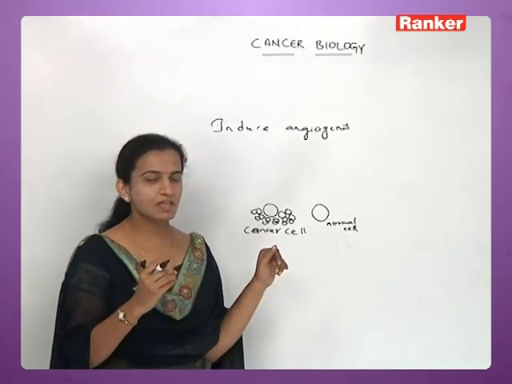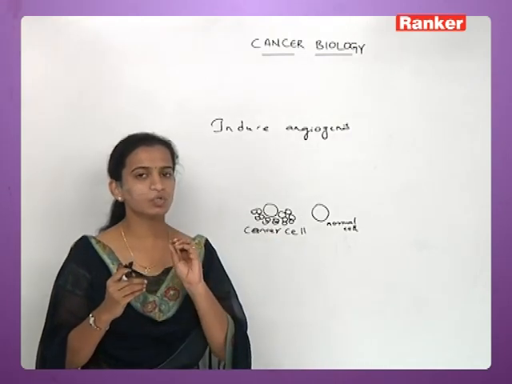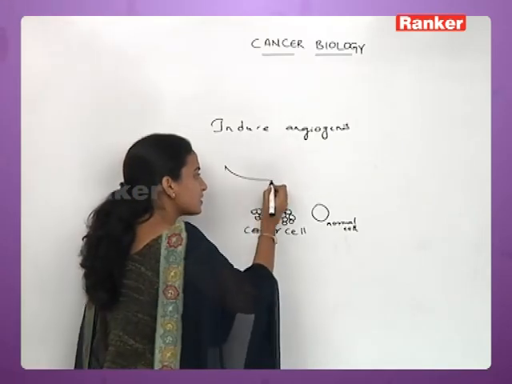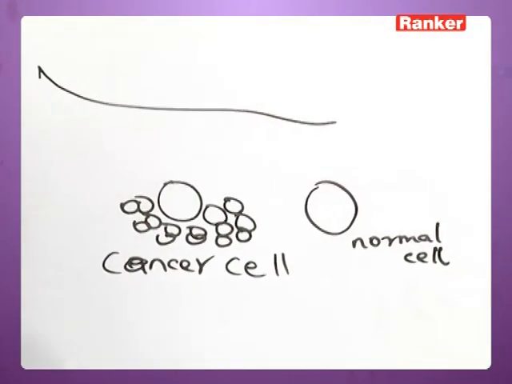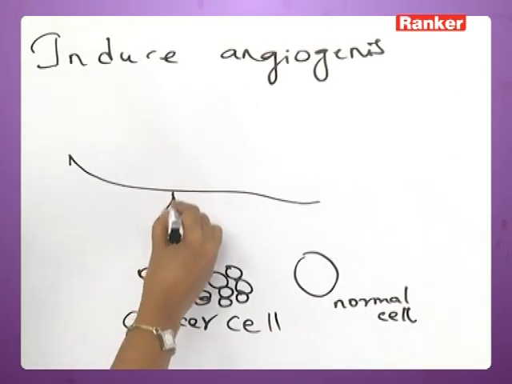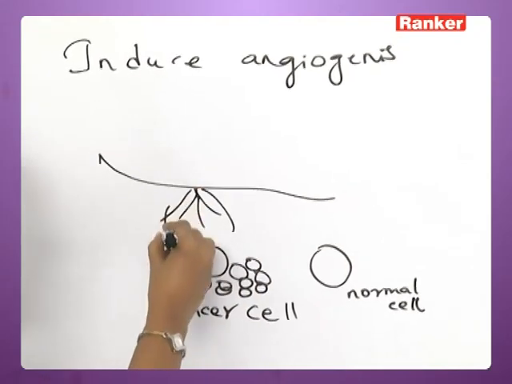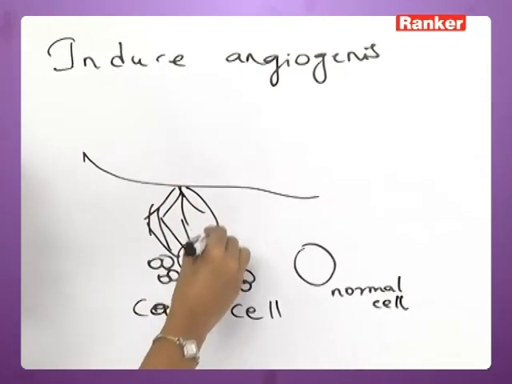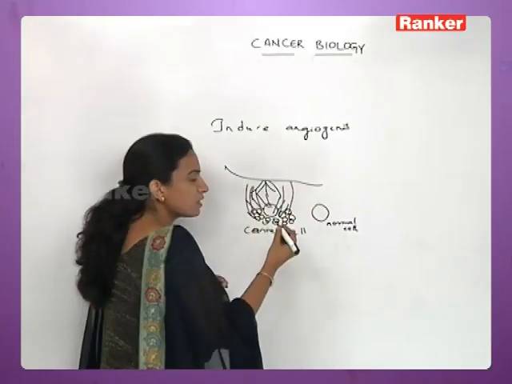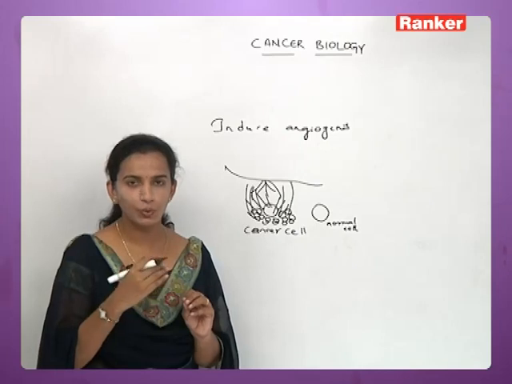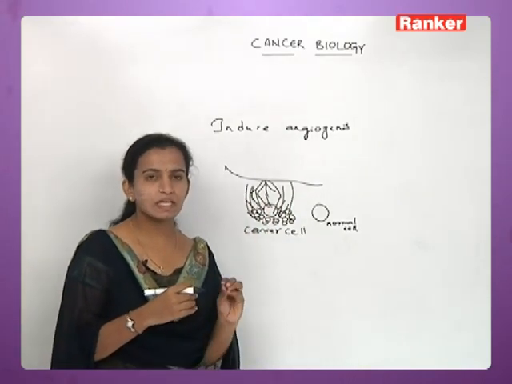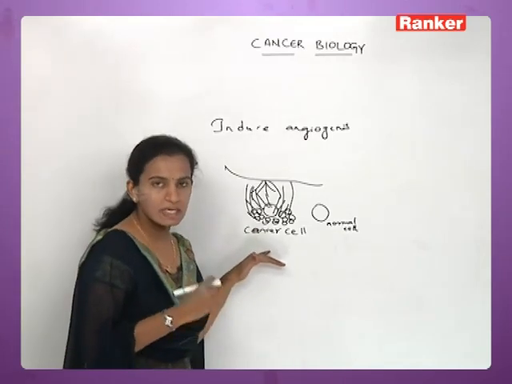We already said that blood vessels are attracted to the place where the division is taking place. So if a blood vessel is passing from here, whatever nutrients are present in the blood vessels will start giving out capillaries here, and all the nutrients will enter into this division itself. Wherever the division is taking place, the blood vessels are tremendously growing, and the nutrients are taken by the capillaries and provided to the cancer cell.